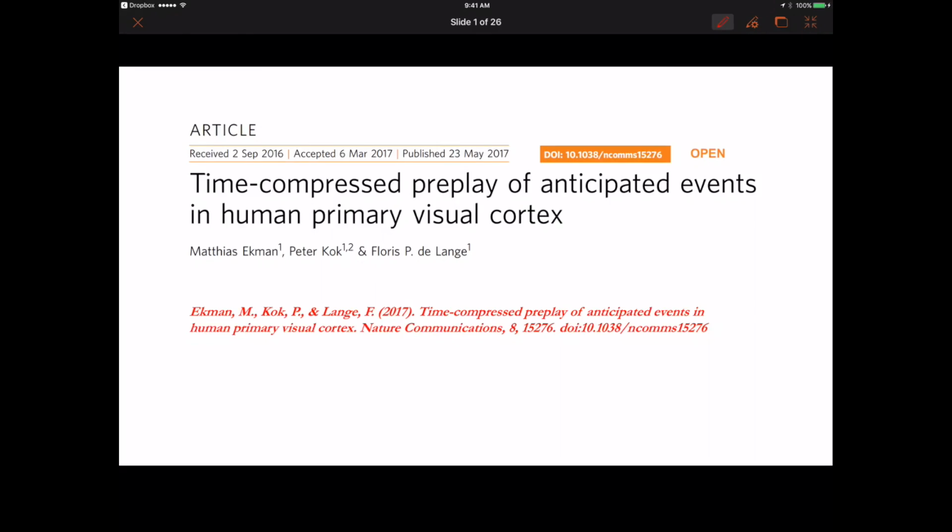Now, in the first slide here, I introduce you to the paper which will anchor the entire presentation, but we will get to the paper at the very end of this talk. So it's entitled Time Compressed interplay of anticipated events in human primary visual cortex. And it just appeared in May of 2017 in Science Open magazine. Now, in the next slide,